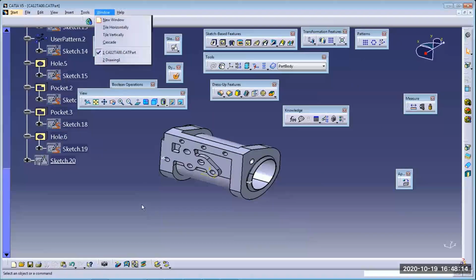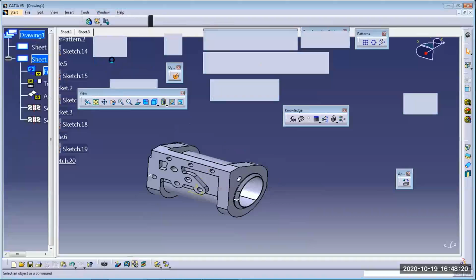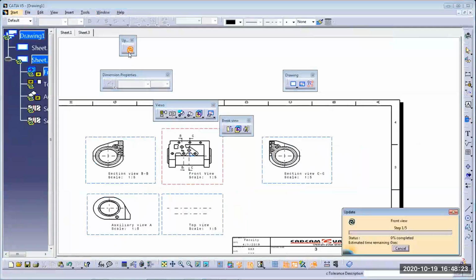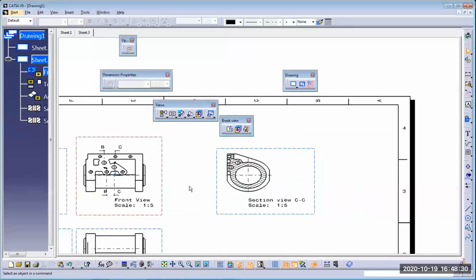Just for understanding, the 3D imagination is quite easy. That's why I'm showing it in the 3D mode. It is not mandatory to create it in 3D mode; I can go directly to the drawing. After this, I will do the same thing over here. So I use this breakout view and draw the polygon zone.